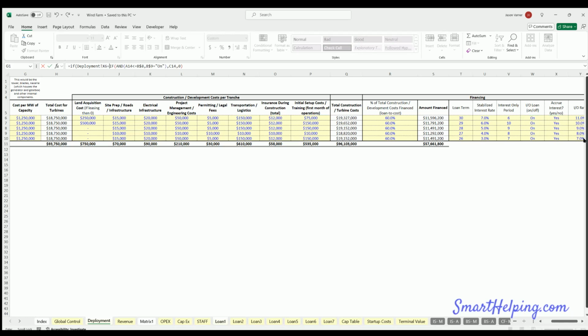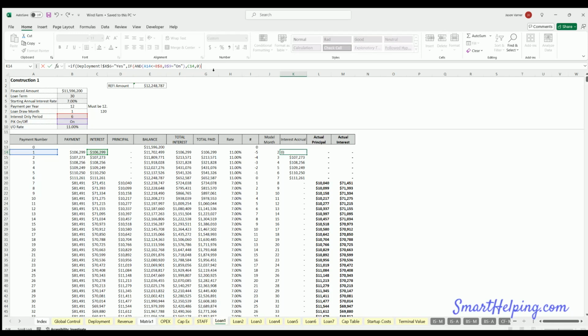If that is a yes, then continue doing what you've been doing in the model, which is accruing and compounding. So keep that. But if it says no, which is anything but yes, then zero it out. And we lock that. Then all we have to do is copy